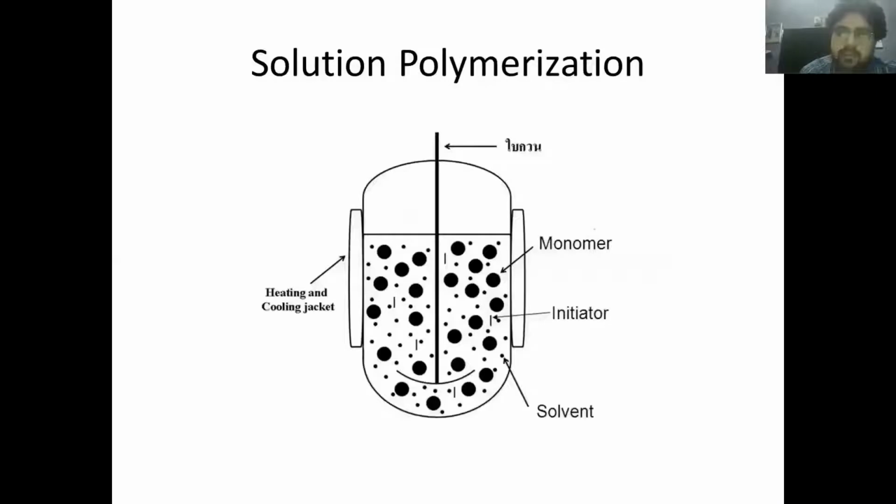I will now discuss solution polymerization. In solution polymerization, there is monomer, initiator, and the solvent. The initiator is soluble in the monomer. A heterogeneous mixture is formed. The reaction mixture is agitated and heated to a certain temperature with constant heat. So the reaction begins with the initiator, radicals are formed, and so on. It ends at the termination step. We get the polymer. It has the advantage